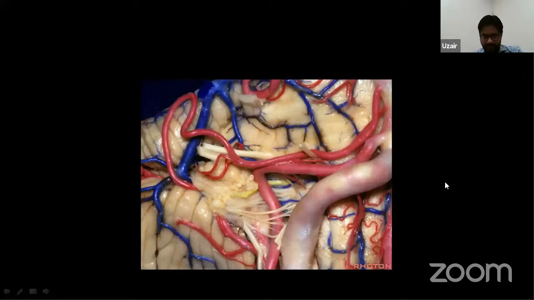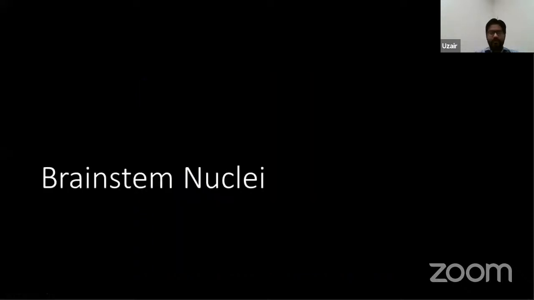Posterior inferior cerebellar artery, 9th cranial nerve, the 10th cranial nerve. This one is the 11th cranial nerve and the 12th cranial nerve. So now moving on, hopefully everyone can understand and memorize it. And now, as we have covered the gross anatomy and neurovasculature